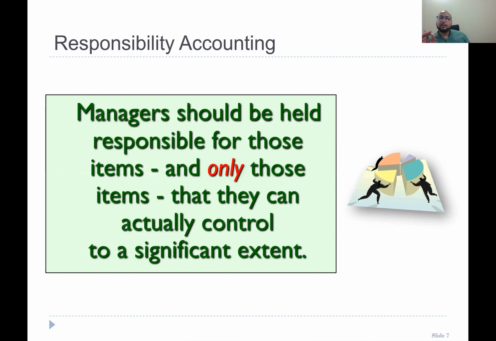So we name that term responsibility accounting, so that others should be given rewards and bonuses because they worked really hard to fulfill those budgeted figures. And only those people who are responsible to a significant extent will be punished, deprived of bonuses or whatever the scenario would be, right? So responsibility accounting means you are responsible for those things which are under your control. But which kind of control? Significant control.